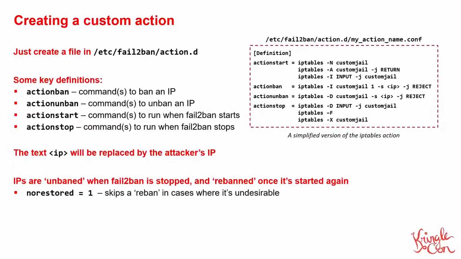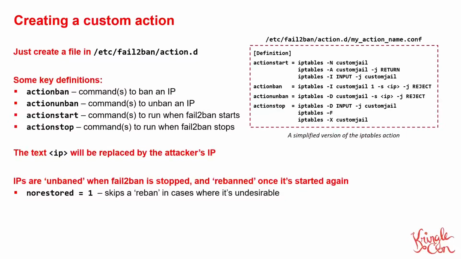However, when the fail2ban service is then started again, it consults its internal database of currently banned IP addresses and will run the action ban command for any of those addresses where a ban is still in effect. Another thing to note here is that you don't necessarily have to fill out values for all of these parameters. For example, if you don't need any setup or teardown actions for your jail, you can just completely omit action start